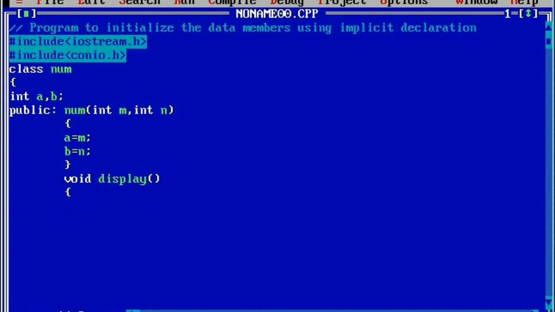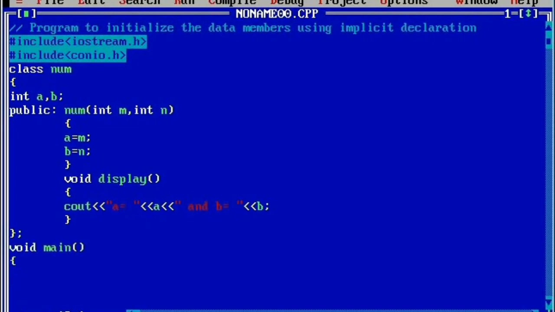So that is, value of a is equal to a, and b is equal to the value of b, curly closing brace, and put a closing brace and semicolon. So this is the termination point of the class definition. Now we are going to define the void main function and curly open brace.